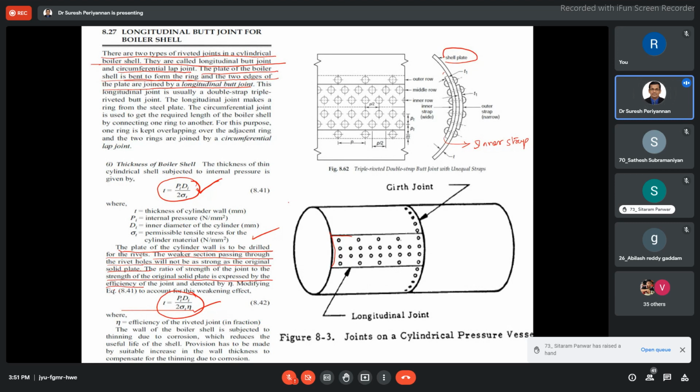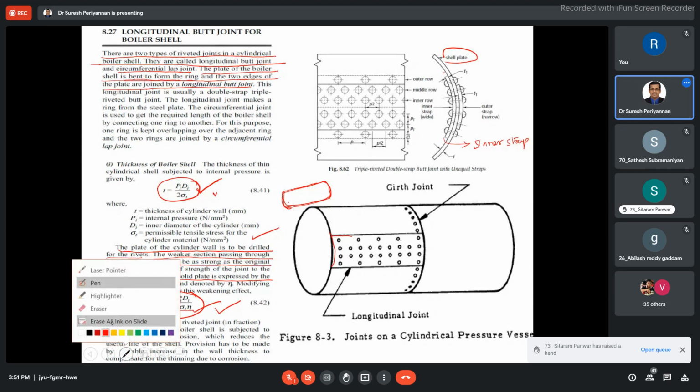Suppose I ask, in the casting process we made a cylindrical drum. At that time, which formula can I use, either this formula or this formula? Suppose I'm not using any welded joint or riveted joint. This is a single component made with the help of the casting process. Then which formula can we use to design the thickness of the vessel, either this formula or this formula? Please, someone reflect.